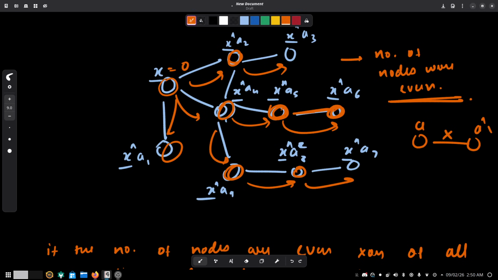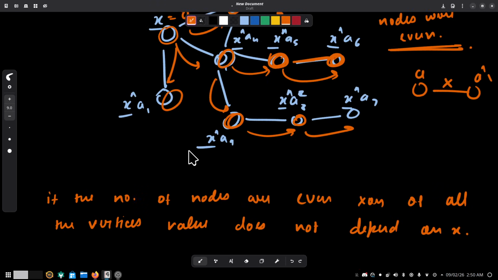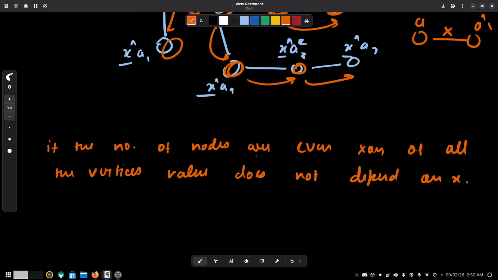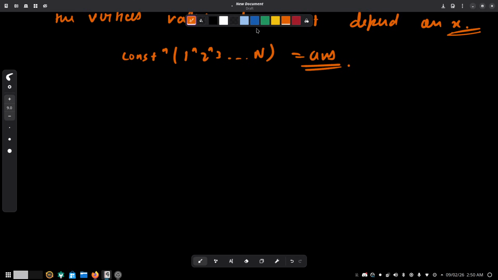So using just this we will be able to find the values of all the nodes if we take x equal to 0, and we already proved that if the number of nodes is even, the XOR of all the vertices value does not depend on x. And once we find that constant value, we can just XOR it with 1 XOR 2 XOR 3 till n, and this will be our answer. So this is the case where n is even, right? But what happens when n is odd? So